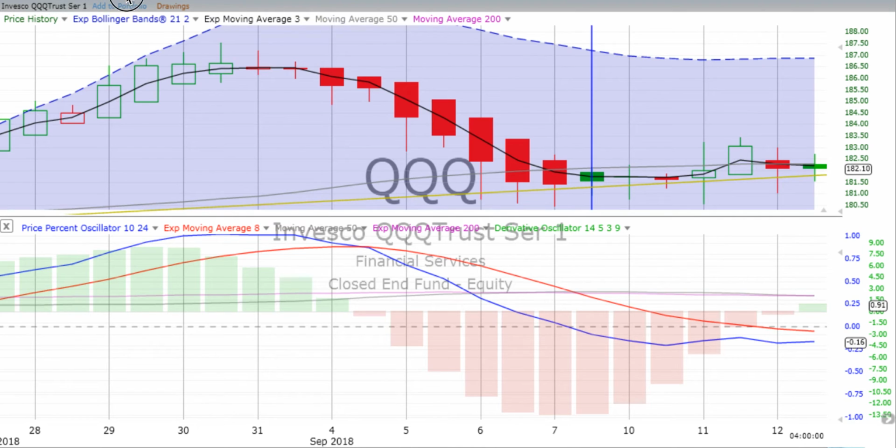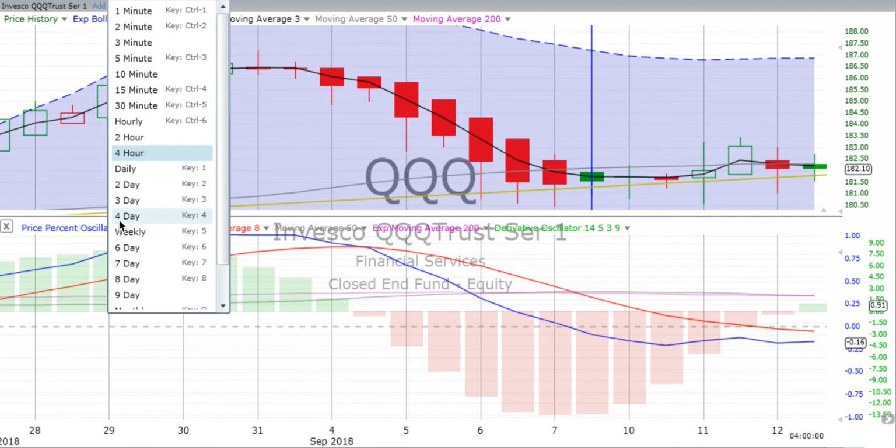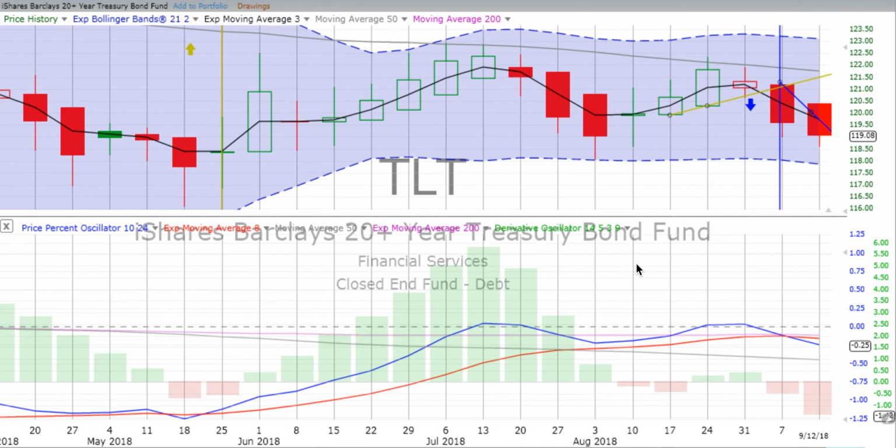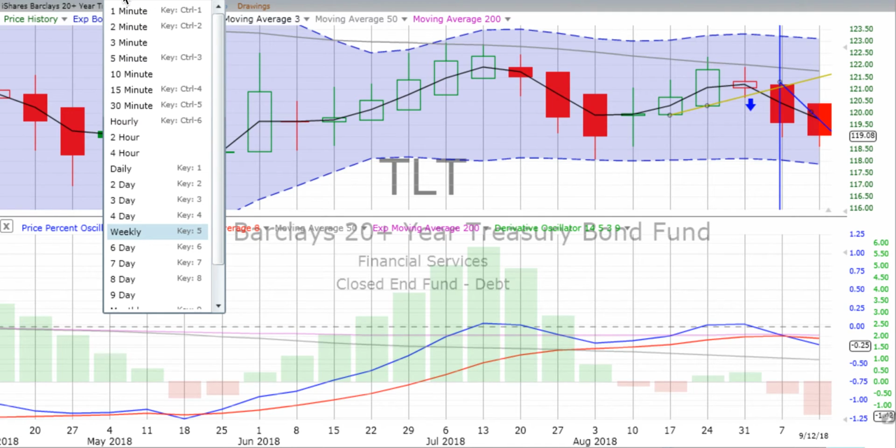Okay, going to go from our stocks back to our weekly chart and move on to TLT, 20-year bonds. What do we see going on there? We've got a big red candle on that weekly chart. It very much looks like we're going to have a crossover going down. And again, it's been a while since we've had a weekly vertical crossover on any of our charts. Looks like we're going to see that happening again on TLT. We're not going to call it till it occurs, but the derivative oscillator gaining momentum, price percent oscillator